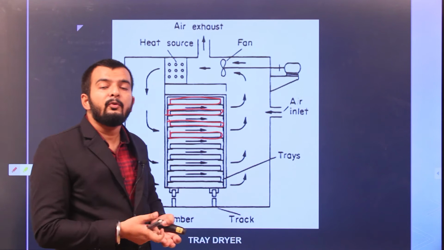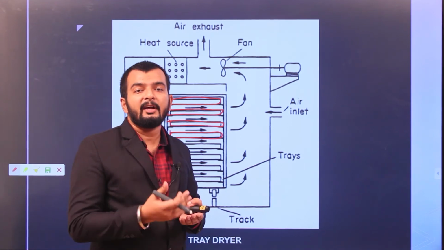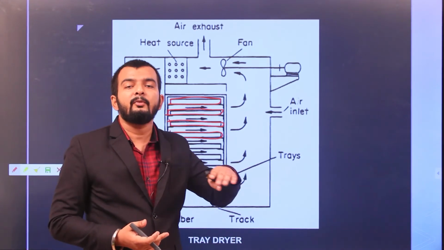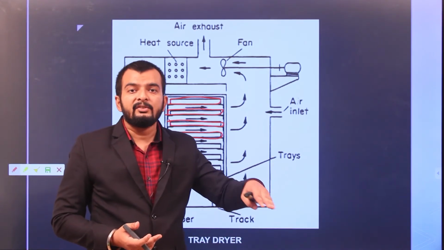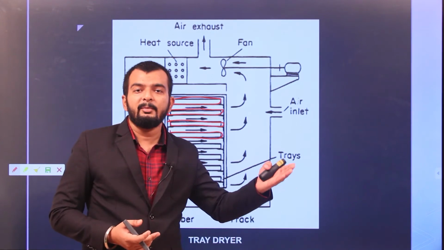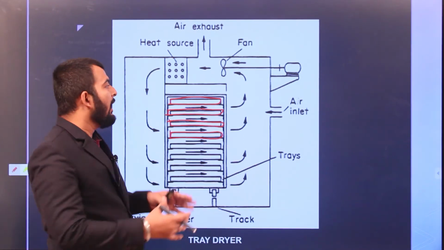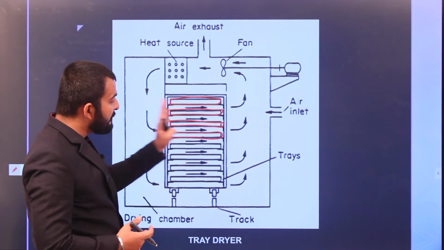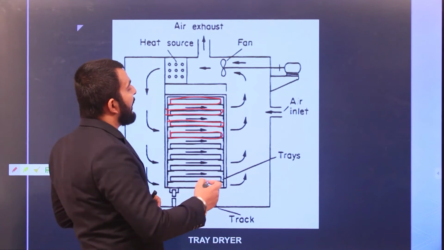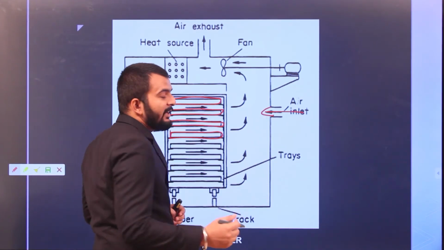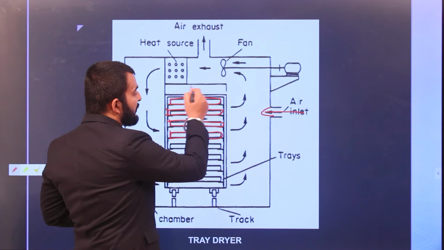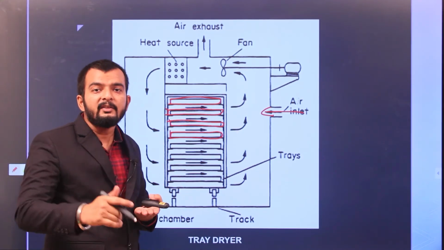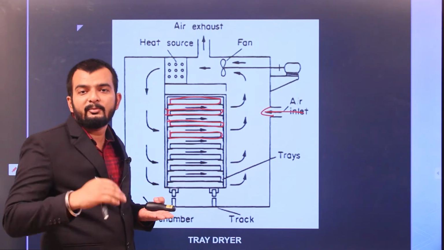We keep our food grains or food material which we have to dry, and we spread that on these trays. We form a thin layer of this grains or food material so that more effective drying will be there. Thin layer is formed on these trays, and these trays are fitted into this dryer or cabinet. Now the door of this cabinet is closed and we provide air inlet from here. Air will circulate through these trays, pass over the surface of the food material that you have laid down in the trays, and will absorb moisture.